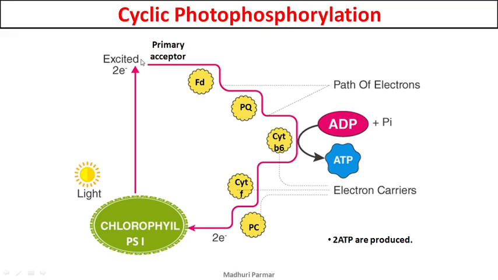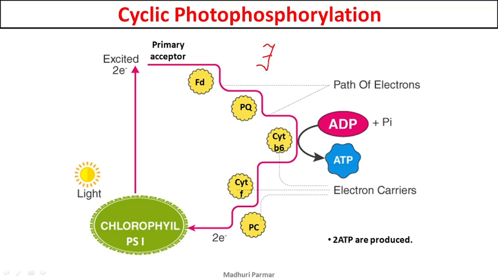These electrons pass through the primary acceptor. That primary acceptor is nothing but something which will pick up that electron. Once that electron is picked up, it will be given to the next electron transporter, which here is ferredoxin. Ferredoxin is written as FD. Clear? Ferredoxin is an iron rich protein. Fine, it has iron, and as you can see from the name,